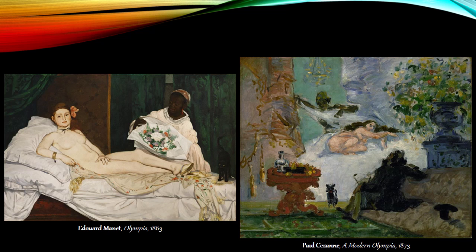Another comparison is seen here between Manet's Olympia and Paul Cézanne's painting A Modern Olympia. As part of the Impressionist generation, Cézanne's work had been characterized by religious imagery and sexual subject matter depicted in broadly brushed, dark colors throughout the 1860s and 70s. Compared to Renoir's effort to create a serious work of art, Cézanne's comes across as childlike, almost like a caricature.